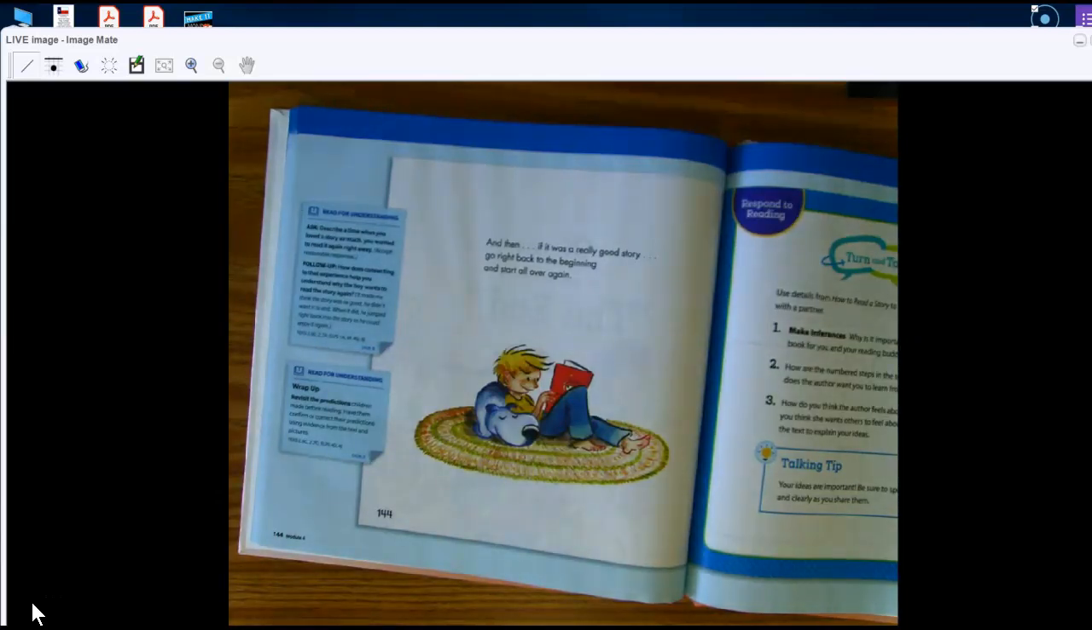So we use some inferences to help us understand the story on how to read a story. We had to use our schema, and we had to use some of the pictures to make inferences. All right, when I